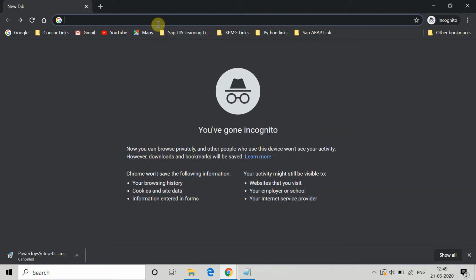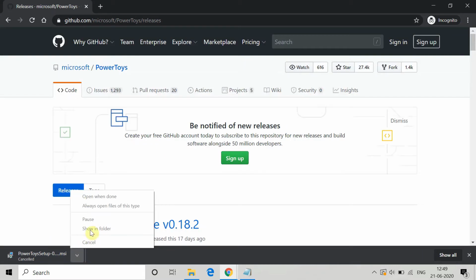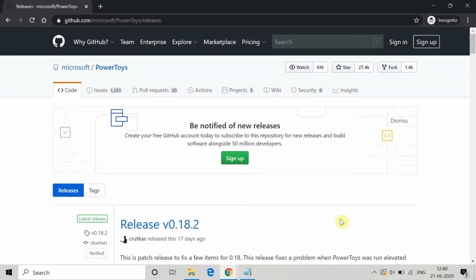So firstly, to install PowerToys, you have to go to Google and type PowerToys release. Once you click on PowerToys release, you will get this link. Click on it, and then let me first remove this so that you will not get confused with this. So just scroll down,